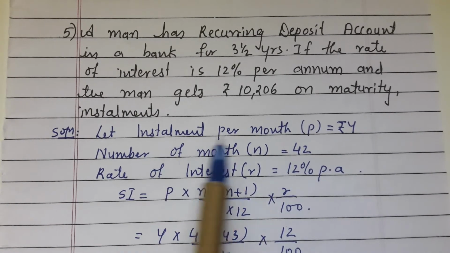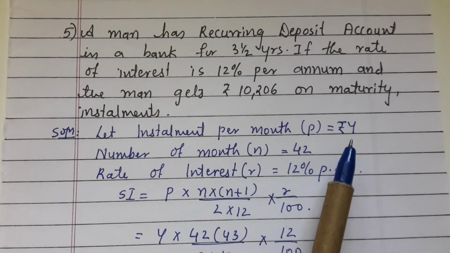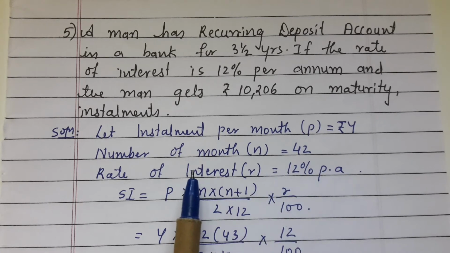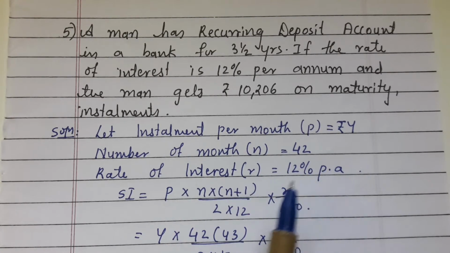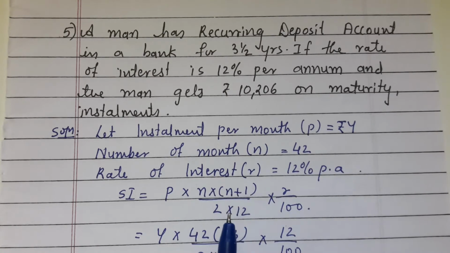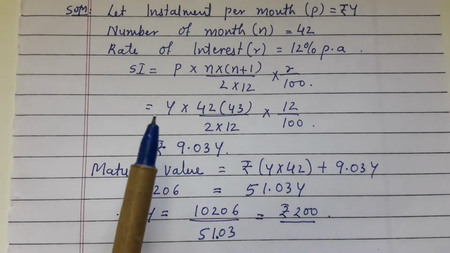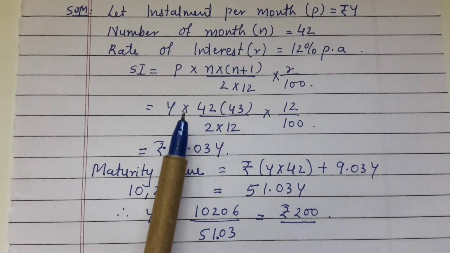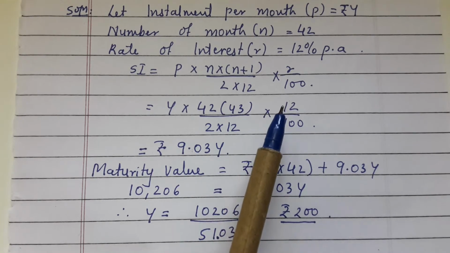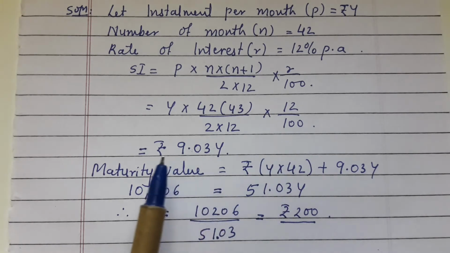Solution. Let installment per month P be rupees Y. Number of months n is 42. Rate of interest 12% per annum. Write the formula: interest is equal to P into n into (n plus 1) upon 2 into 12 into R upon 100. Therefore, interest is equal to Y into 42 into 43 upon 2 into 12 into 12 upon 100, that is equal to rupees